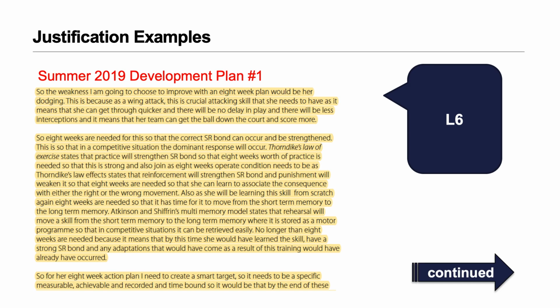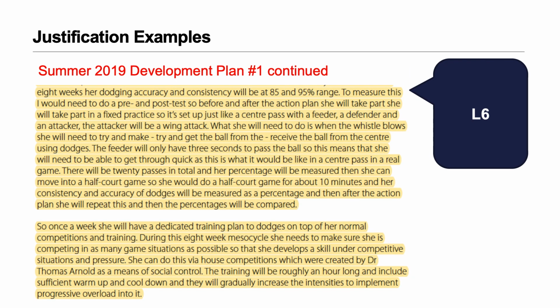In this response, which is over the next 2 slides, the candidate clearly identifies they will require 8 weeks for their development plan, and they justify this to the needs of the skill, but also to develop a dominant response with a grooved motor program. They also identify that there will be a training session once a week specific to the skill of dodging,